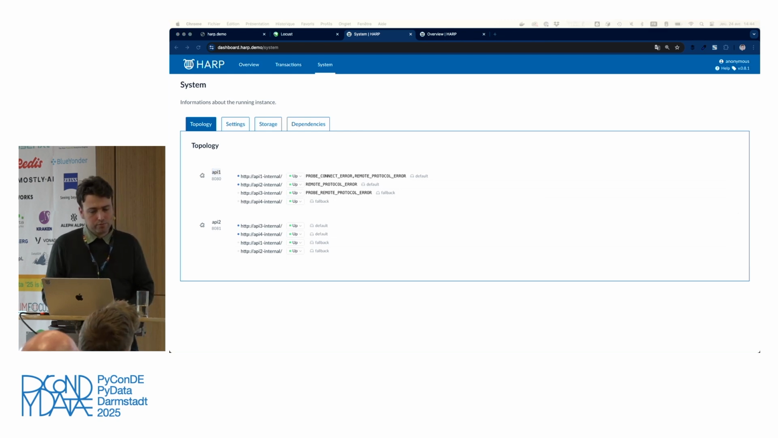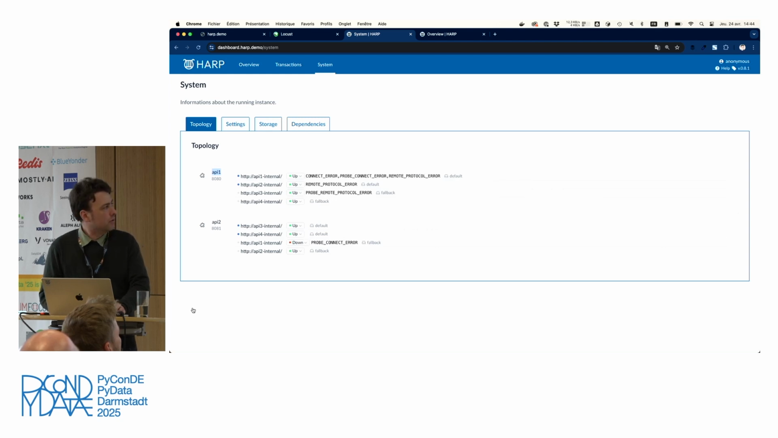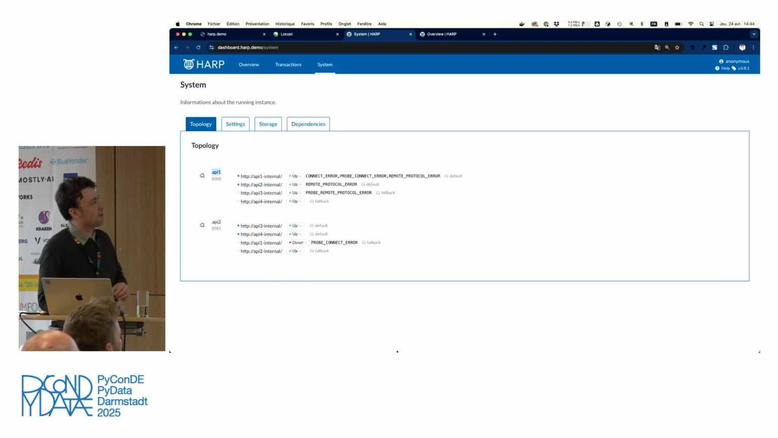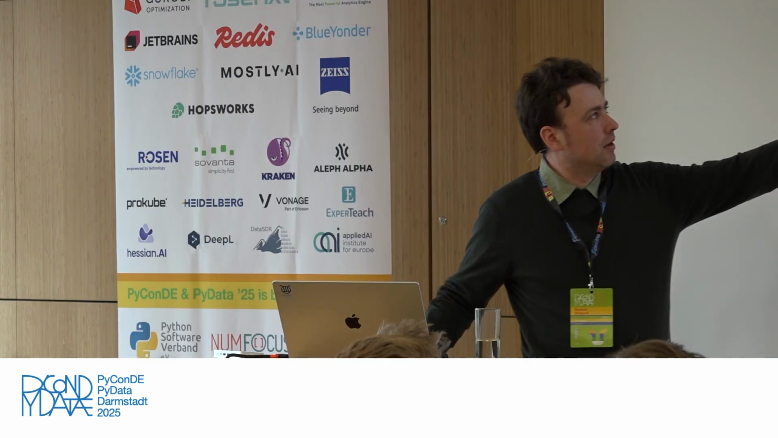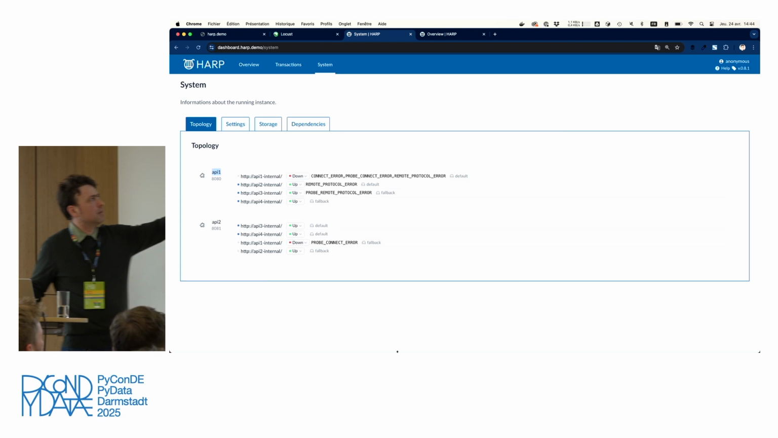So I need to go quite quick, but I will scale down API 1 to 0. So now I have nothing to answer for API 1. Sorry, there is something on my screen. I scaled down API 1 to 0, and you see that the probes detected that it's actually down a bit differently for the two APIs,